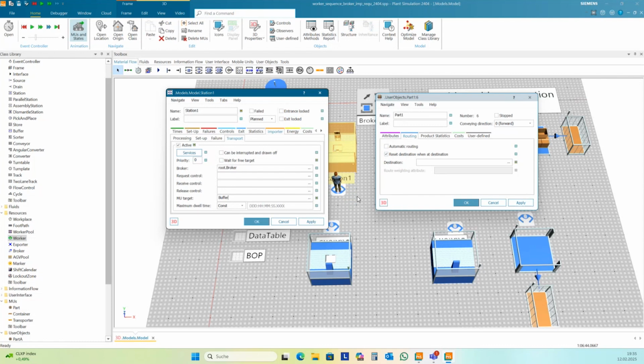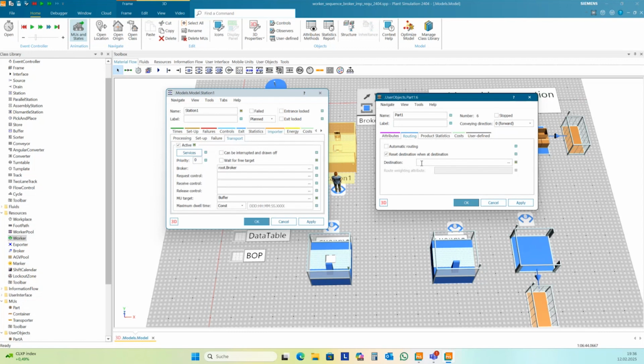The latest point in time where you need to set this destination is before you load the part on the worker, because the worker will transport the part to the destination that you set here in the part. It's only two different ways to set the destination of the transport of the worker.